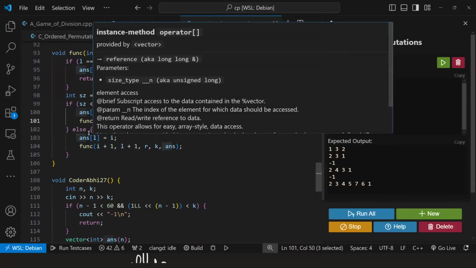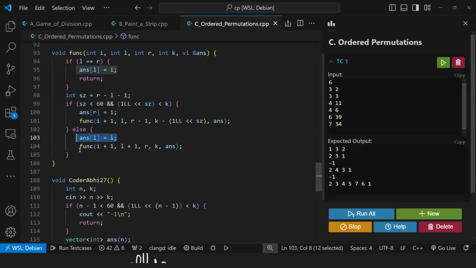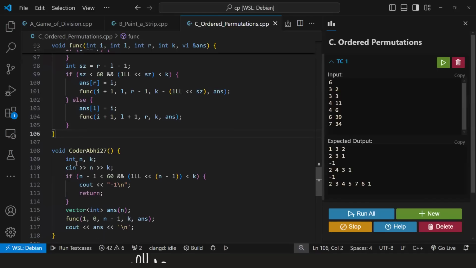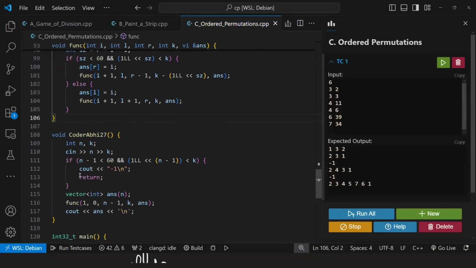In the else part, we update our answer at L and move our function from L plus 1 to R. K remains K, and we move to I plus 1. I hope this recursion is clear to you. We have already created this recursive function. Then for our answer, what we do,